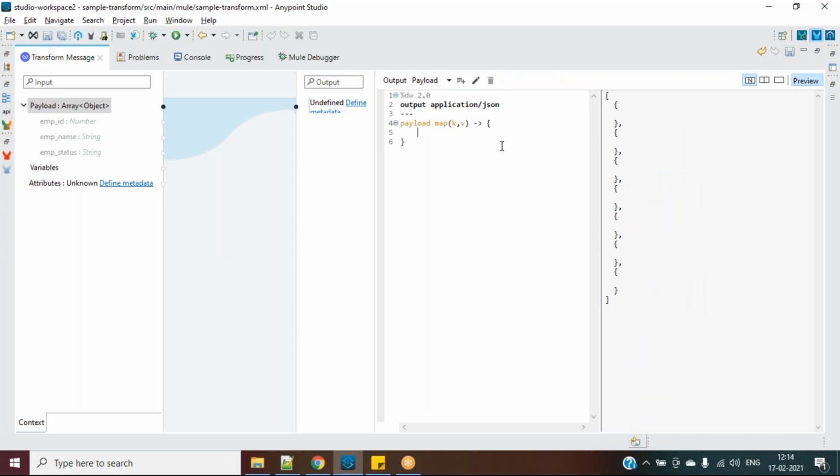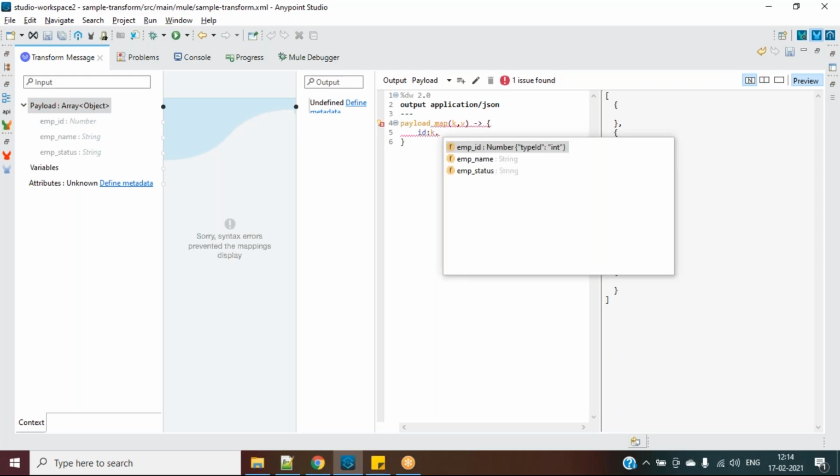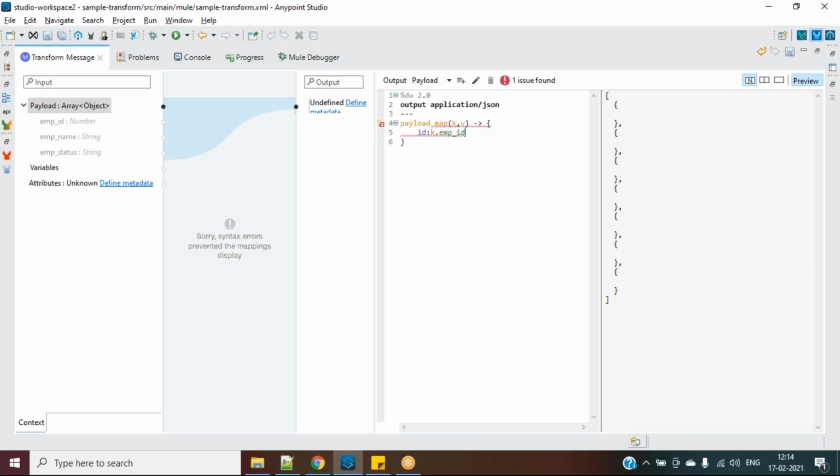And simply you need to open and close brackets. Now what is it showing? It is mapping, but since we did not give anything here, it is simply showing empty objects. If I want to give id colon, and what do I want from payload? I want iteratively employee underscore id. So instead of using payload.id, I will now use k.id. K dot, it will come automatically, see, id. So here we are reading from an array and we are